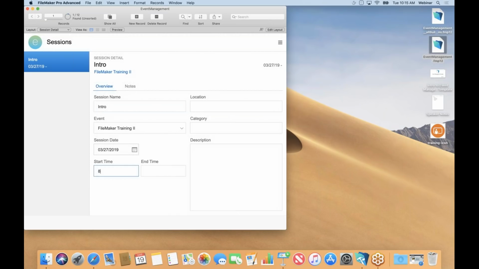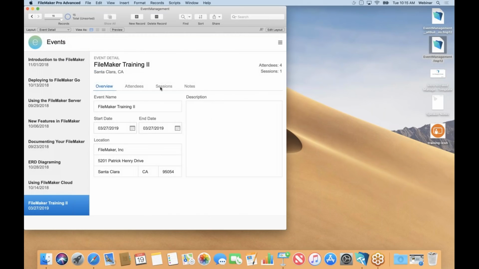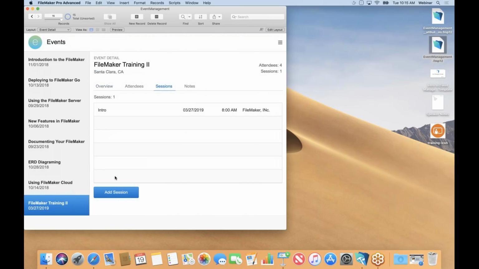So we're going to start this training at 8 o'clock. And the introduction might go for about 30 minutes. And the location is at FileMaker. And the category is training. And again, I could put in a description there if I want. So if I go back to sessions again, I can see my intros in there